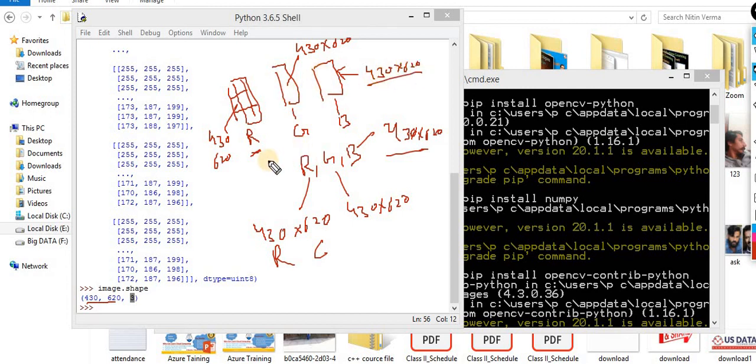So this is the representation of the colored image. It represents the rows, the columns, and the channels. The channels mean it's a 3 channel image, that means red, green, and blue, because all the pixel values are described with these 3 RGB.